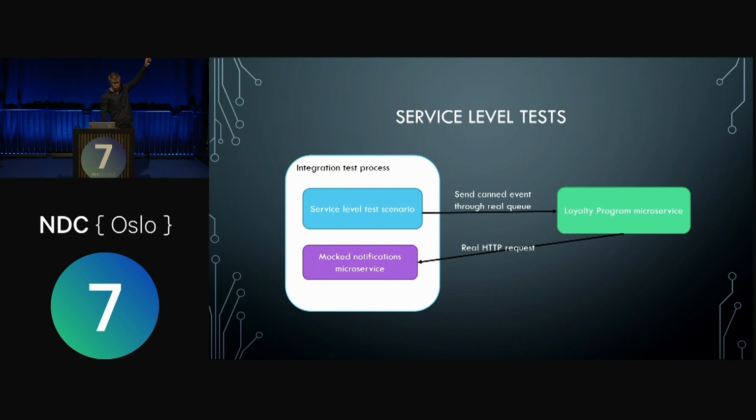The real code turns around and makes a request to the mocked notifications microservice, which we are actually running inside of the same process, because it turns out that we know how to take processes and host HTTP endpoints, because that's what we do in our real code, so we can also do it in our test code. So we're just doing the things we already know how to do. And then this is a really, really simple endpoint. It'll just say OK and record the fact that it was called and how it was called.